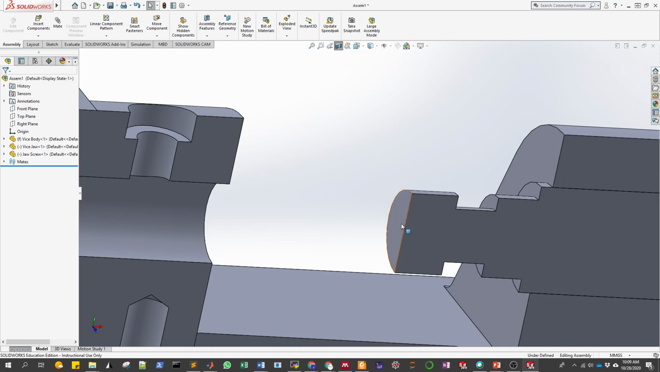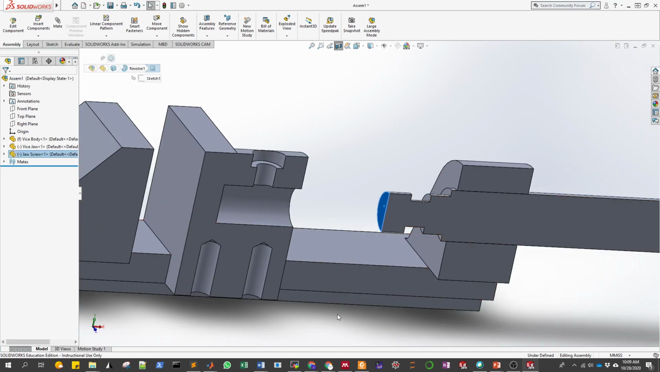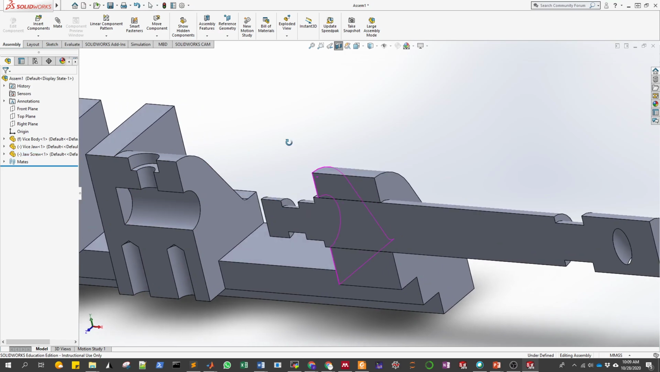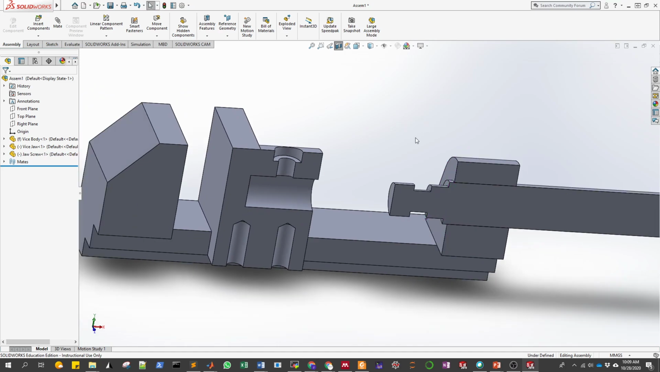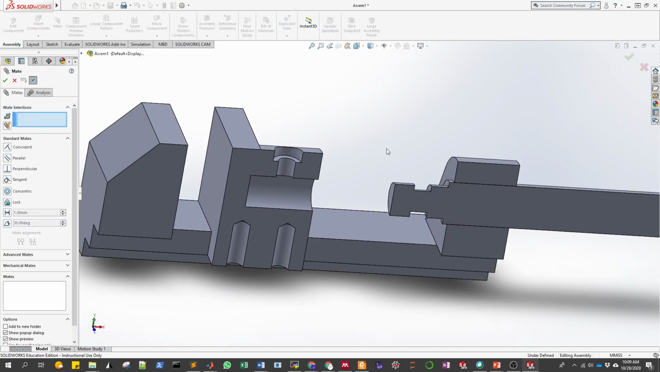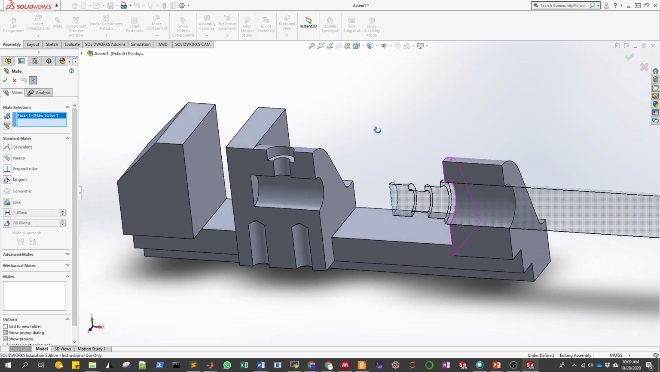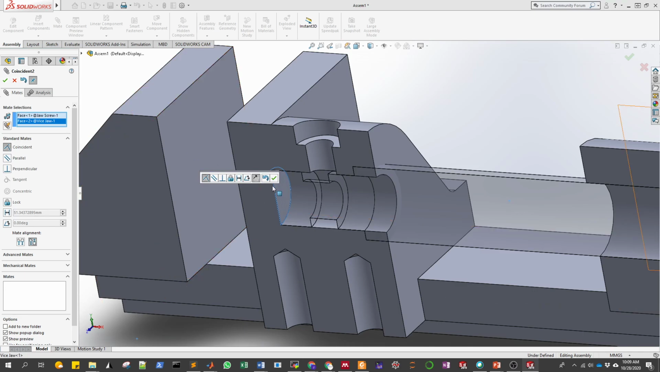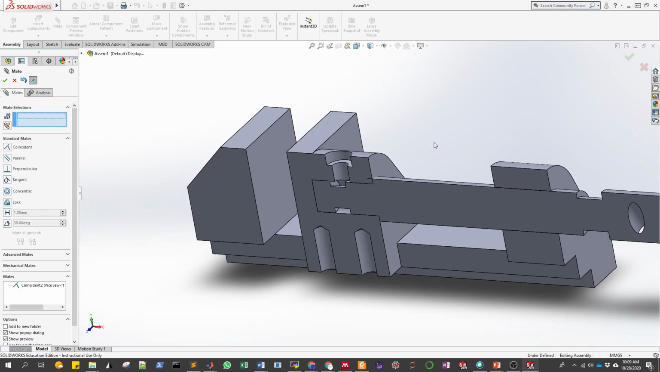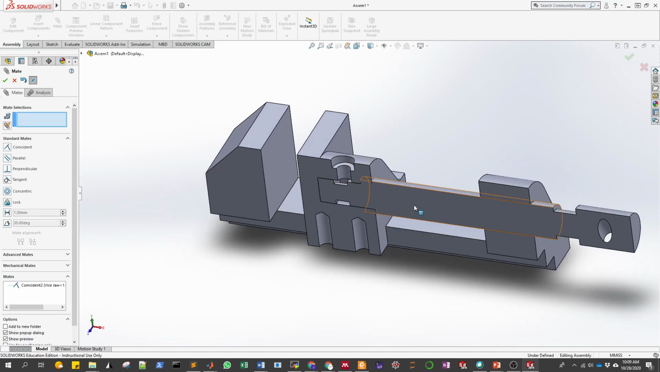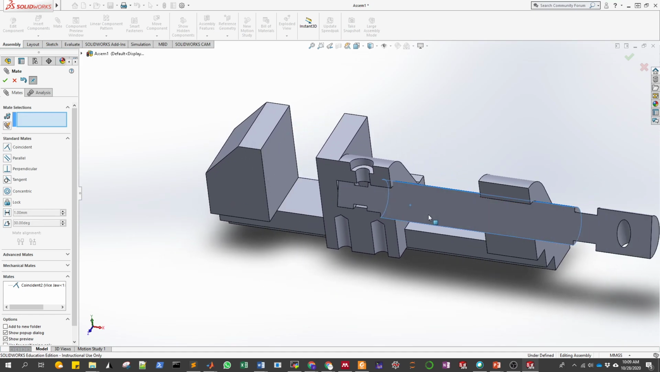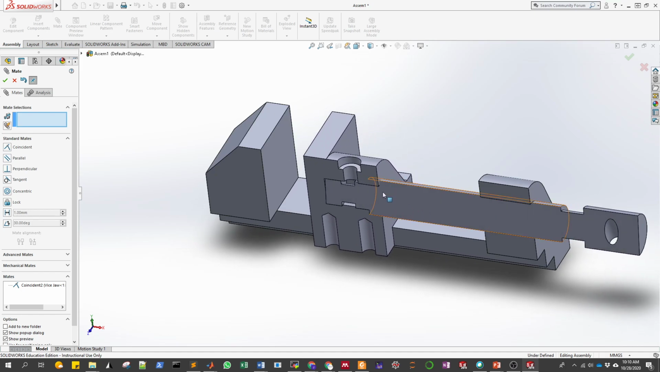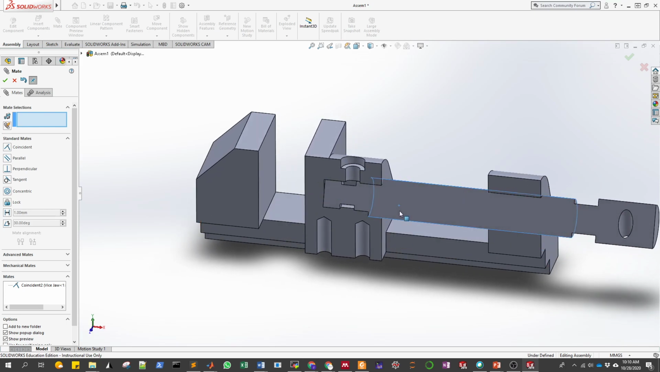Now I know that this end of that cylinder is gonna be in contact with this wall all the time. So that's what I'm gonna do here. I'm gonna add that mate relation, and this end. And then I'm gonna click OK. Now whenever I move this screw bar, it will move the jaw as well. However, as you can see here,